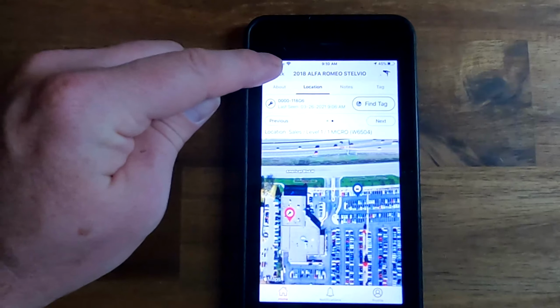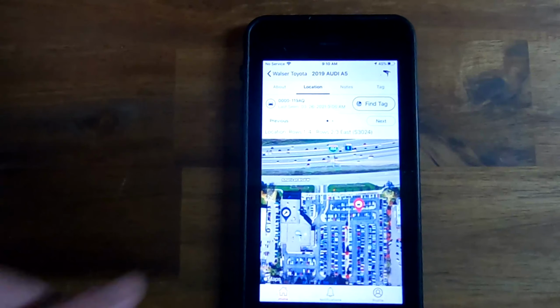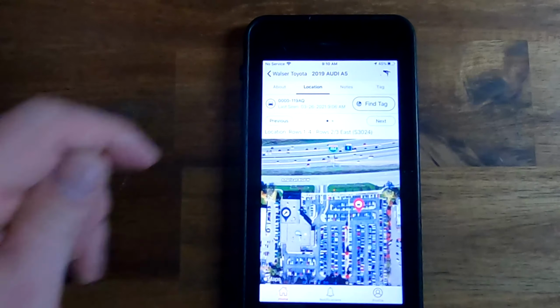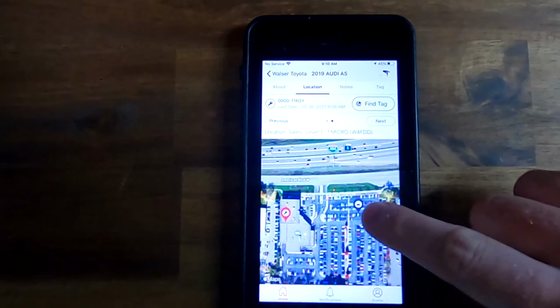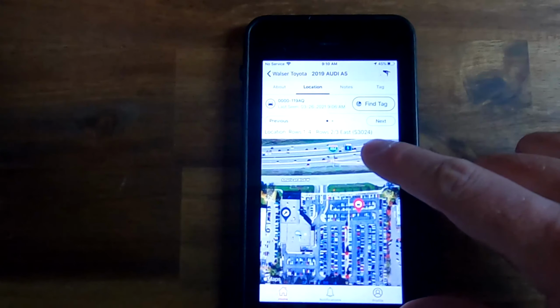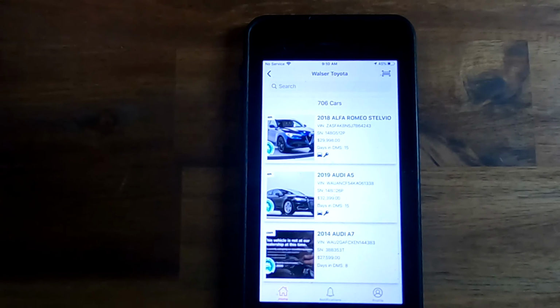So you can see it's that easy to run a search on a key or a car. Every time, all I've got to do, pull it up and it immediately shows me where the car is, and then tells me the location, which is super helpful to know that it's in the micro machine, their 1 micro machine, and then to know what part of the geofenced area it is and showing me on the map. So you can see very easy to use and going to help out your sales staff immensely